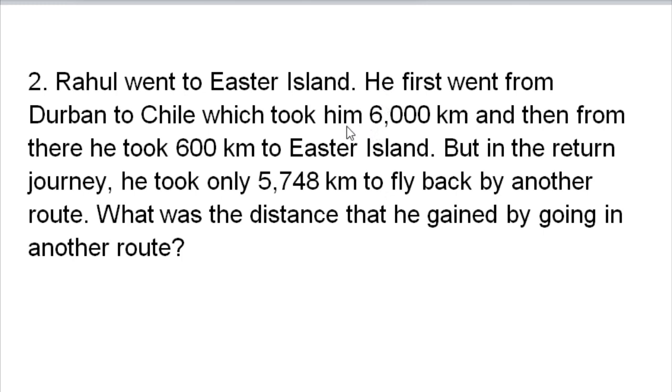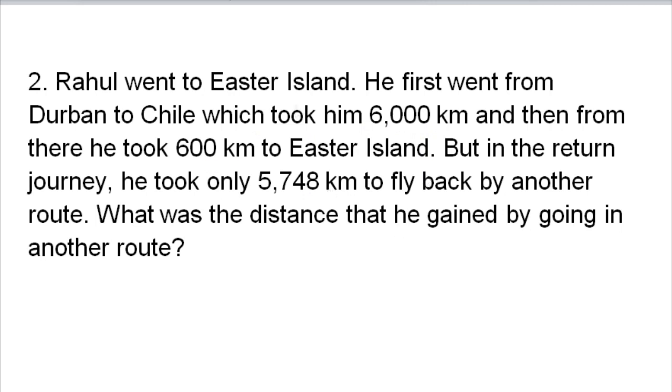So here 6,600. But here you have to remove only 2 zeros from the 6,000 kilometers, because there are only 2 zeros in the 600 kilometer distance, whereas here there are 3 zeros. So remove 2 zeros, it becomes 60 kilometers, and here 6 kilometers. So 60 plus 6 becomes 66. But you can take the 2 zeros and keep it after 6, which becomes 6, 6, 0, 0, which becomes